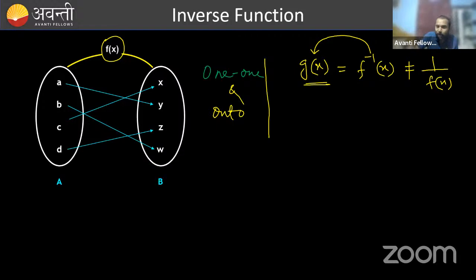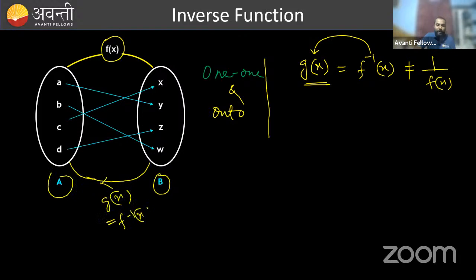Here g of x is the inverse, so we can say g of x is mapping from B to A. If g of x is inverse of f of x, then g of x must be mapping from B to A. That means the definition will be like this: g of x, which is mapping from B to A,